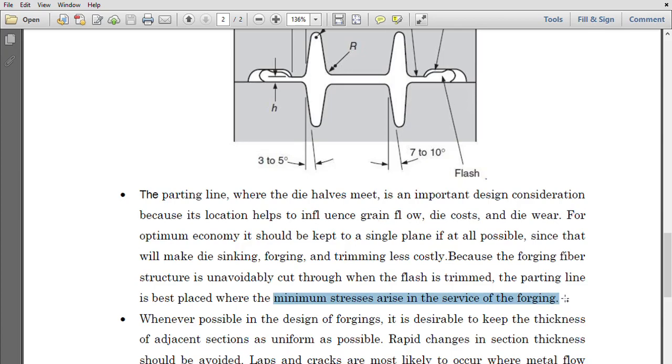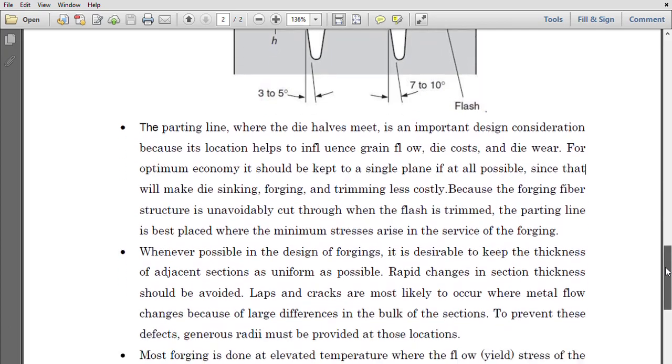That means after the component has been put into service, the component should experience less stress. So for this, the parting line should be kept in a single plane as far as possible. Then the next guideline shows that